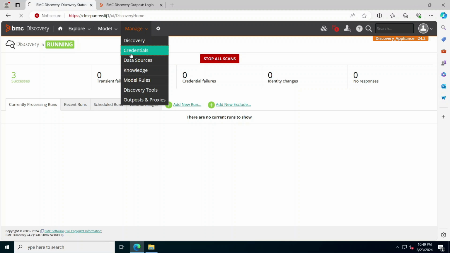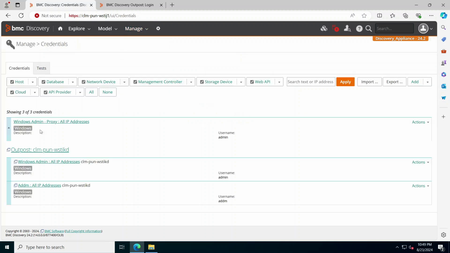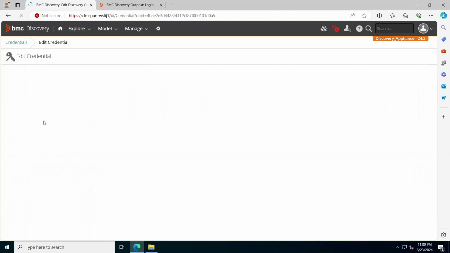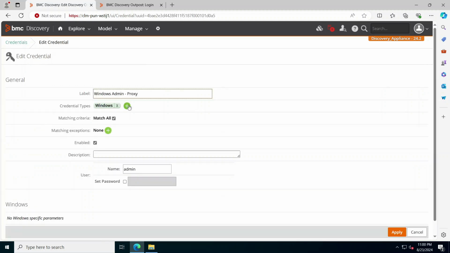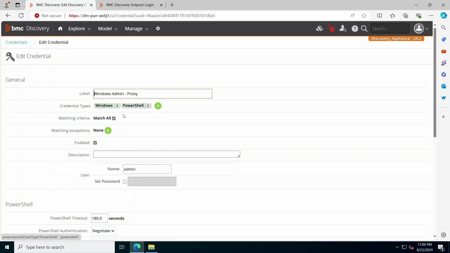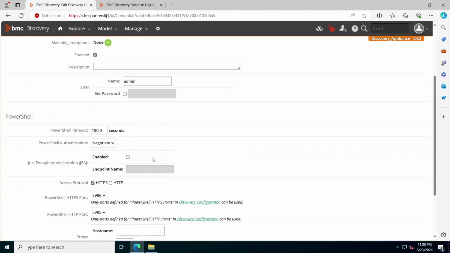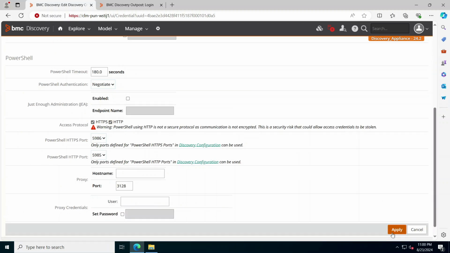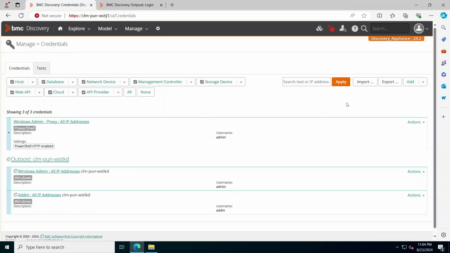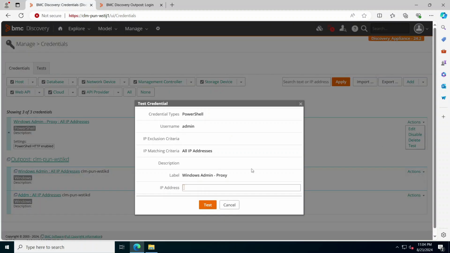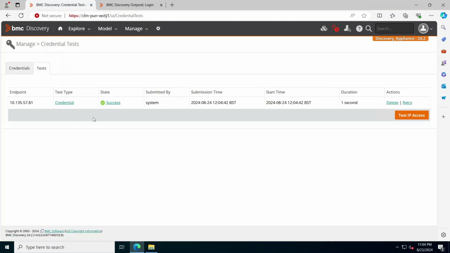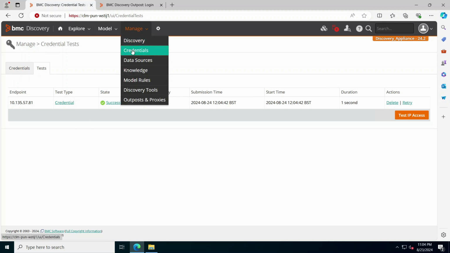Let's go to credentials. Let's edit the same credentials which we already have on the appliance. We are going to add PowerShell as the credential type, enable HTTP as well on it, click on apply, and now perform the credential test. Let's click on actions, test, and the credential test that we just performed right from the appliance is now completed